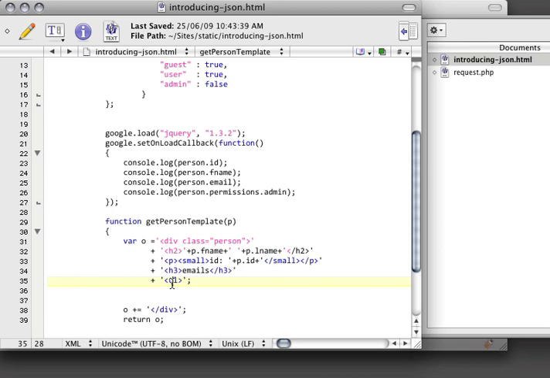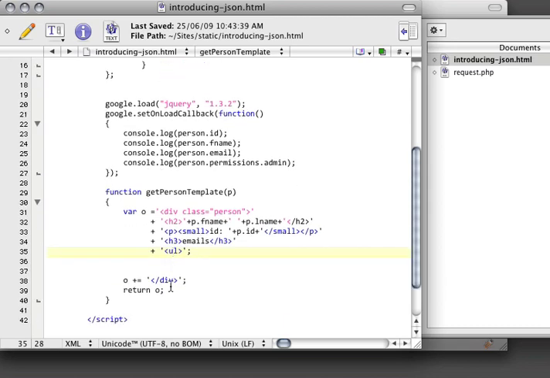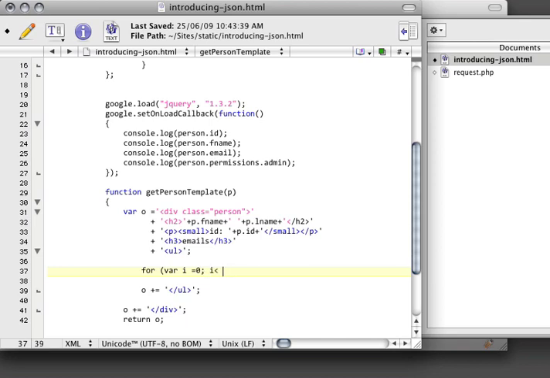Now we've got this unordered list up here. We're going to have to close it somewhere. So I'm just going to create another concatenation here to close the unordered list. And now we're going to start looping. So I'm going to create a for loop with a variable of type i, i is less than p.email.length. In other words, we're going to do a count on the length of our email array, i++,